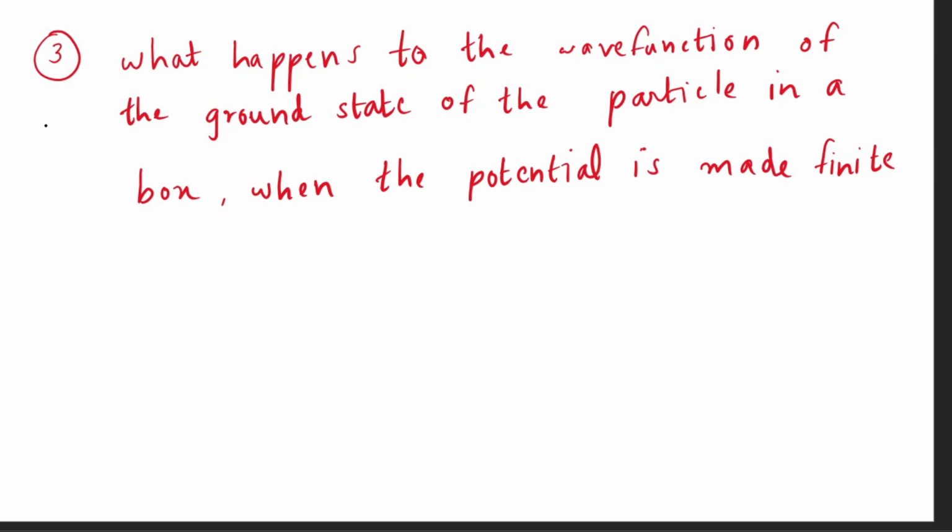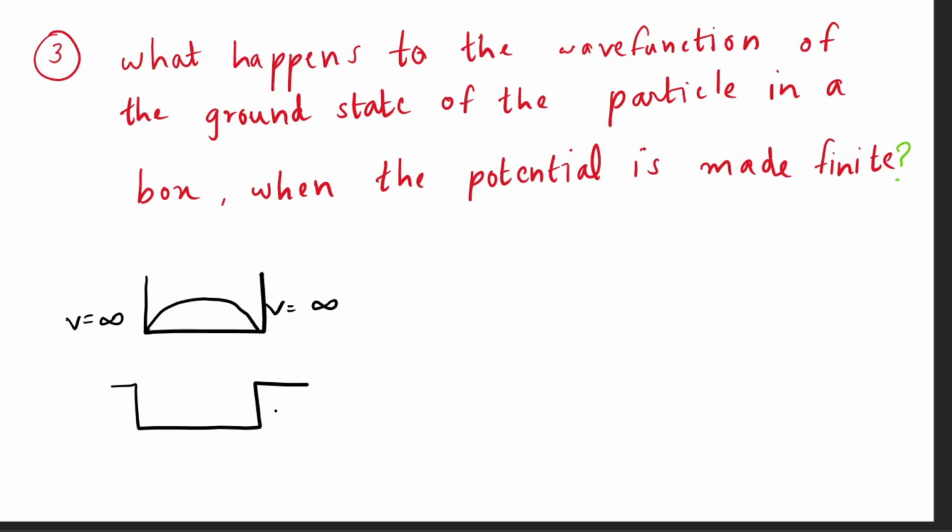So the next question is like this, third question. What happens to the wave function of the ground state of the particle in a box when the potential is made finite? Okay. So the answer for this question, I think most of you will probably know. It is simple. If the wave function for ground state is like this for the infinite potential case, and the potential is made finite, what happens is that the particle's wave function tails into the